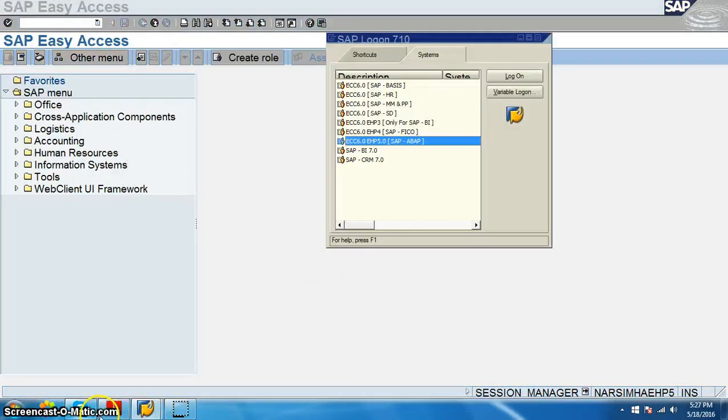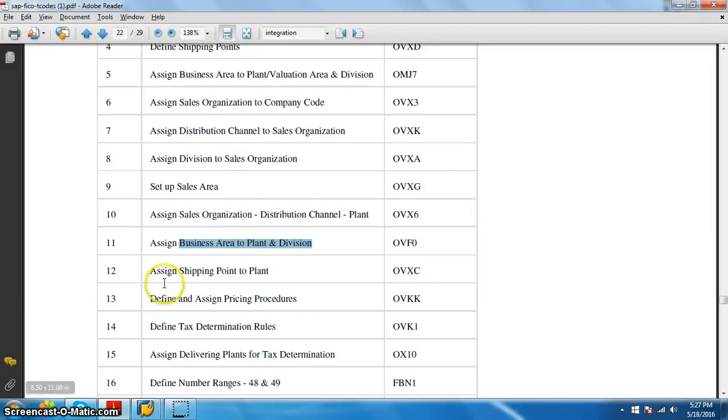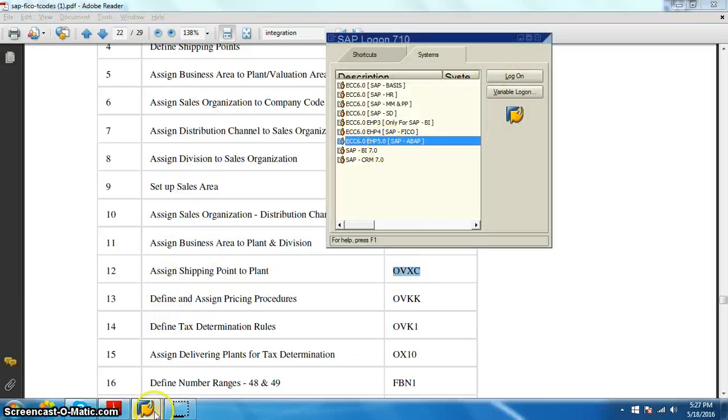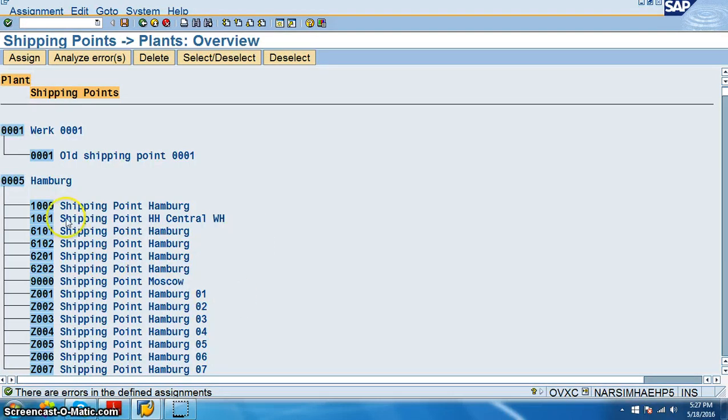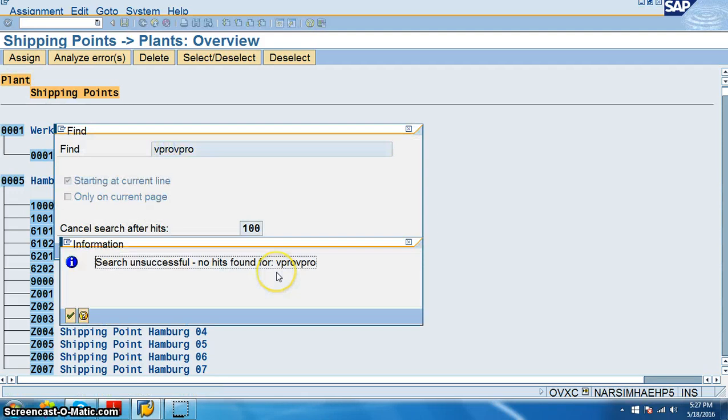Then we have something called assign shipping point to plant, OVXC. Let's check whether we have already done that. Shipping point, let's check for VPRO. Have we done the shipping point?